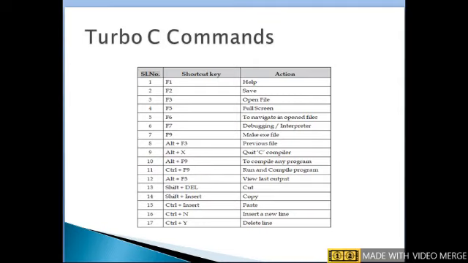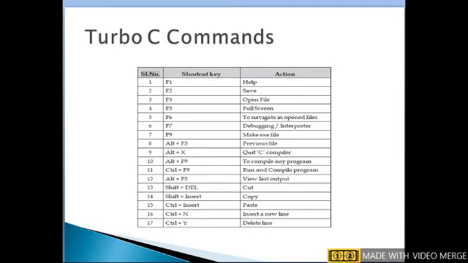F9, make .exe file. To create an .exe file, we use the F9 key. Alt F3 is for the previous file. Alt X is to quit from the C compiler.